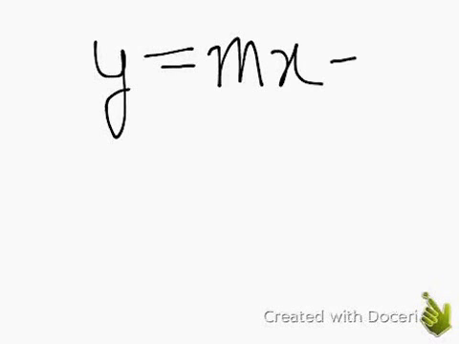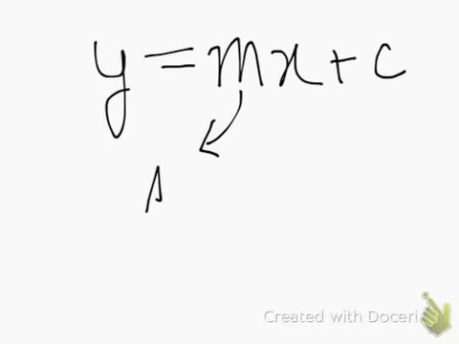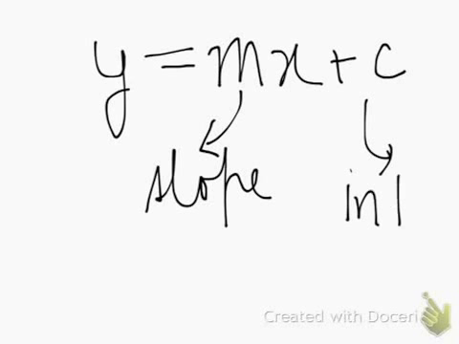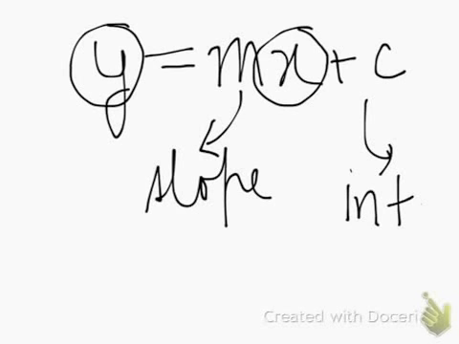So first of all, let's recall what all we did, and one of them was the equation y is equal to mx plus c, where we were told that m is the slope and c is called the intercept. I will write it as int, so my most of the space is not covered up. Now, more importantly for us in this equation are these two variables which are linked with this equation.